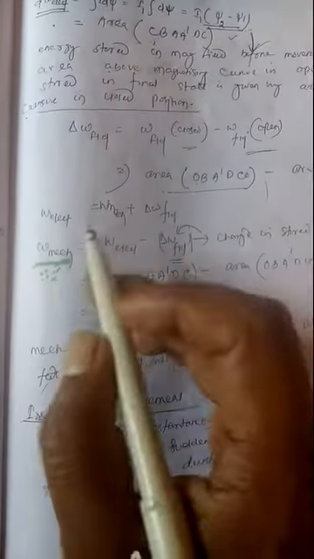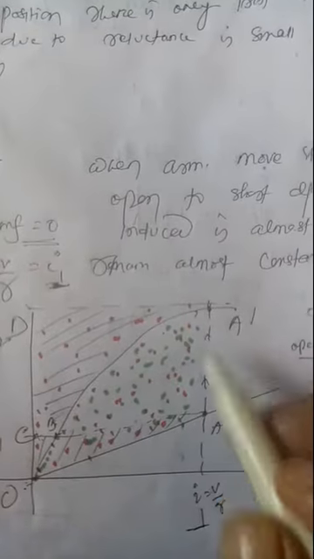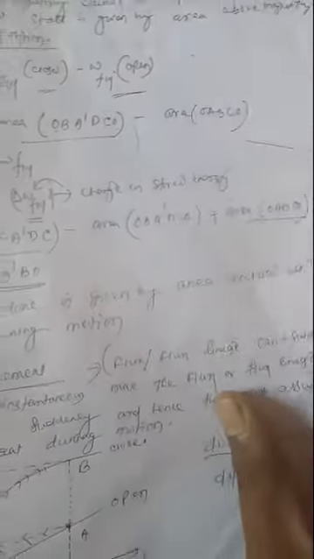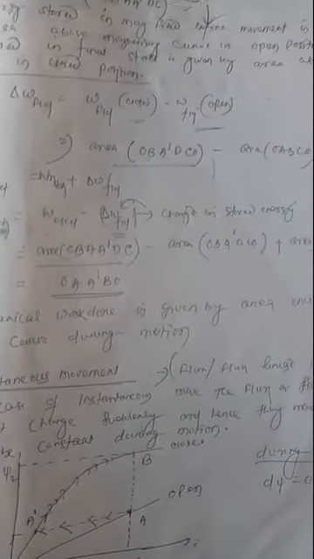So you can write it here also like this. This is your W mechanical. That means if we subtract this area from this area, you will get the W mechanical. That means the green dots I have marked here in this curve, the green curve marked by the points OA'BO. So this mechanical work done is given by the area enclosed between the curves during motion.